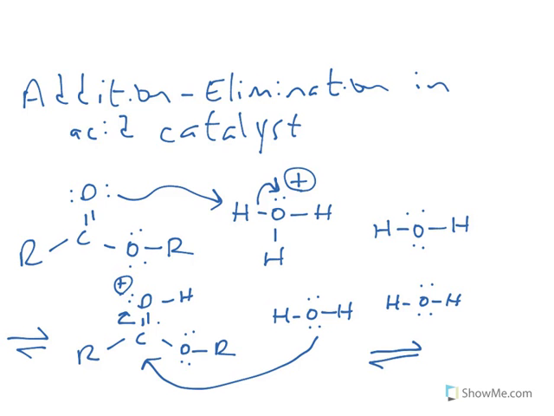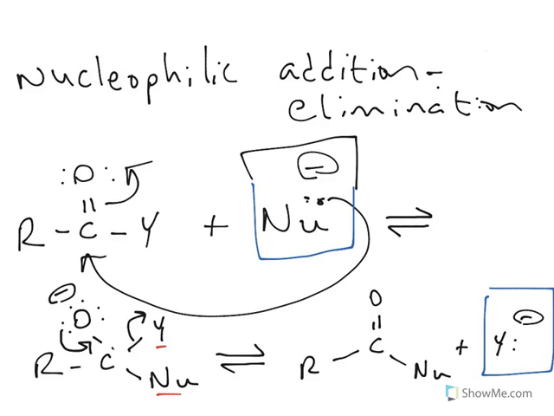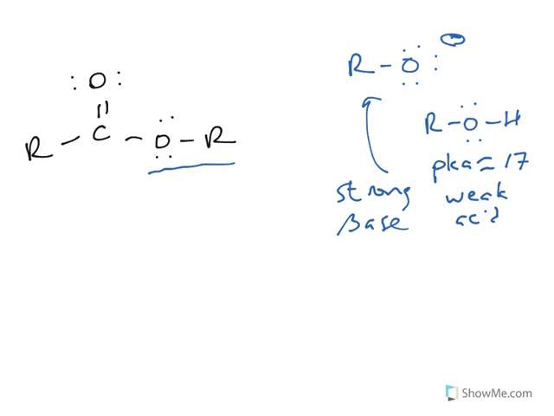So what we've seen thus far is the addition elimination reaction in acid catalyst, and we saw the addition elimination reaction under basic or neutral conditions. So we could go through each one of these and give you an example of every reaction, but it's a little bit repetitive, and you'll get some practice at doing it. But what we need to be able to do is rank these carboxylic acid derivatives and figure out who are the most reactive in these nucleophilic addition elimination reactions. And it all comes based off of their